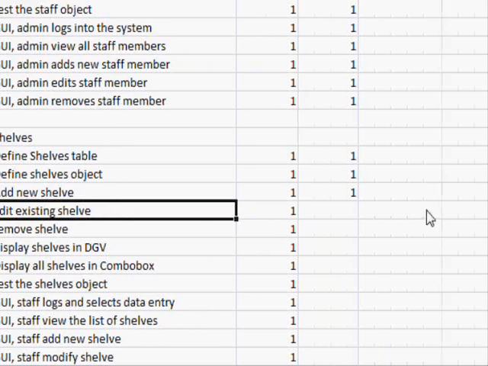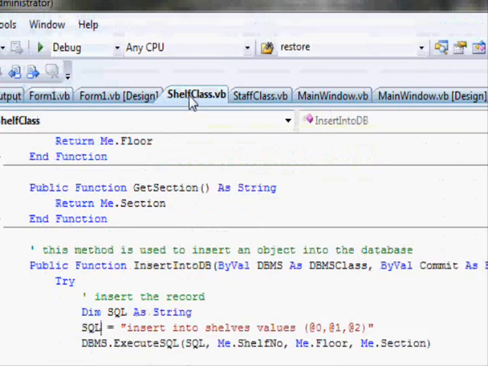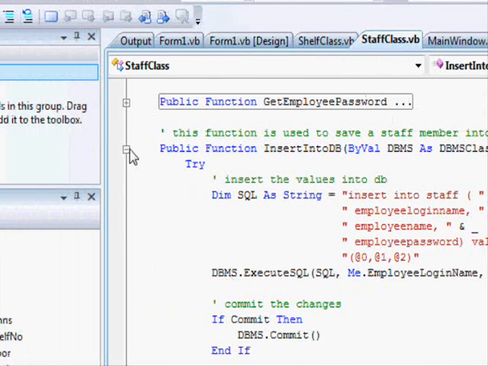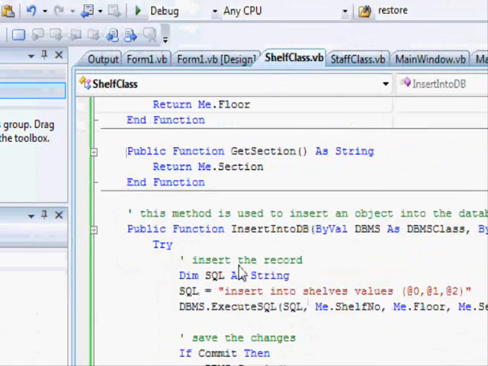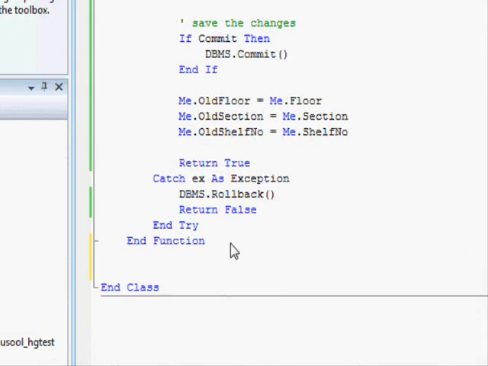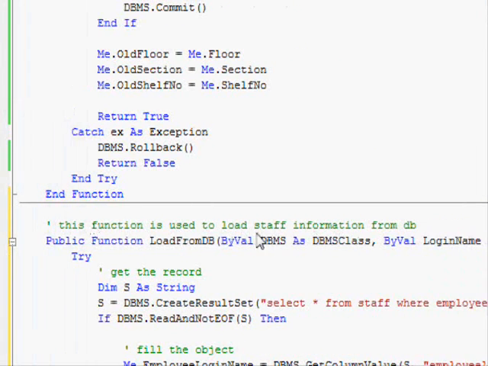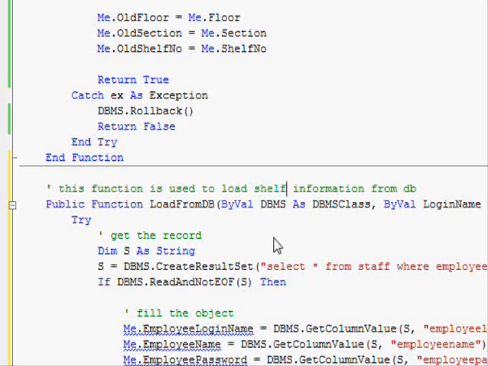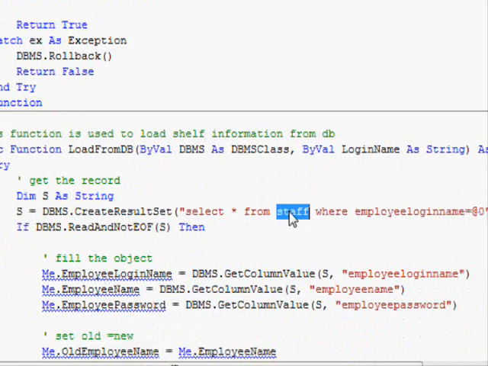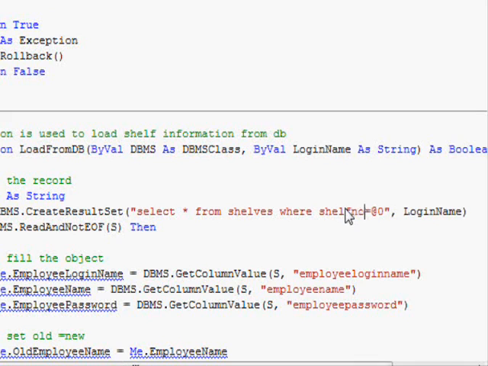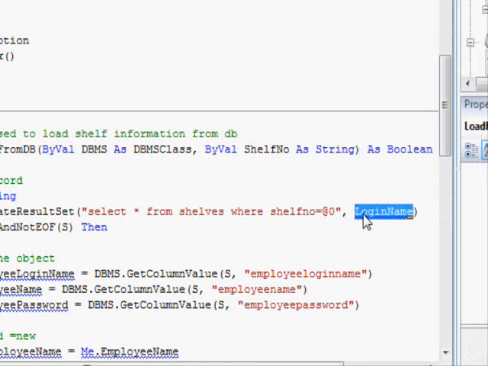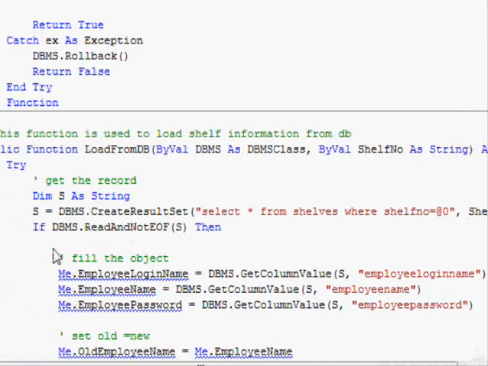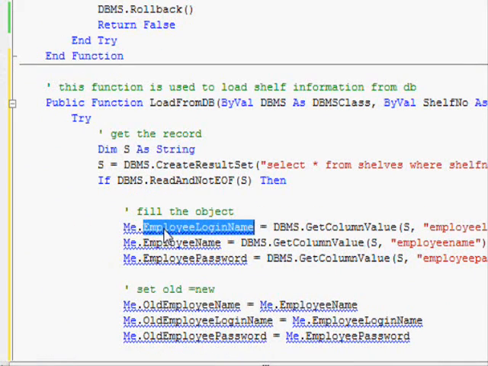Now we need to put the code to edit existing shelf. Now for this, since we are working on this very slowly, I want to speed things up. So I'm gonna copy some of the code over here and modify it. It won't be the same actually, but I'm gonna modify it very quickly. This function is load. There's gonna be shelf information from DB. Load from DB. Select star from what? Shelves. Okay, where shelf number. This is gonna be shelf number. Okay. So we created that,